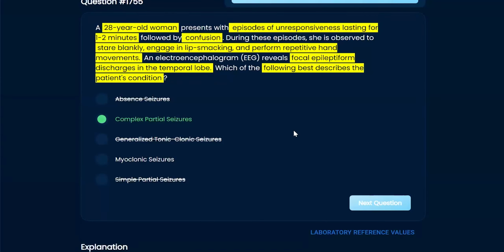Good, perfect. So I think you did this beautifully. One of the key things, first of all, let me ask you, do you know what focal epileptiform discharges in the temporal lobe is on an EEG? Focal, I know, means a focal location, like they can zoom in, there's specific activity in a certain area, and that area seems to be the temporal lobe. Epileptiform just sounds like epilepsy, so just some kind of seizure. That's pretty much all I got. I don't definitely know 100%.